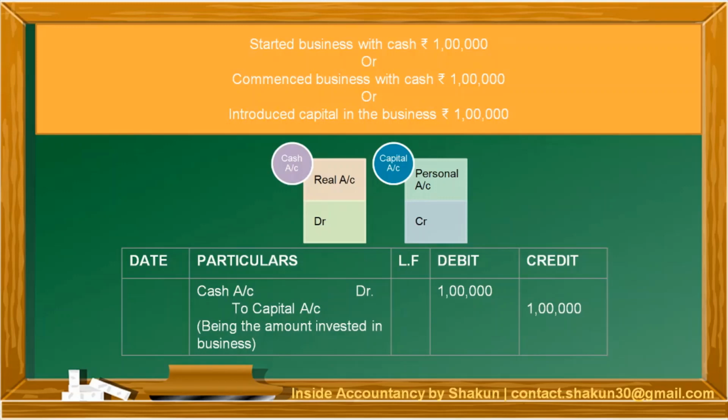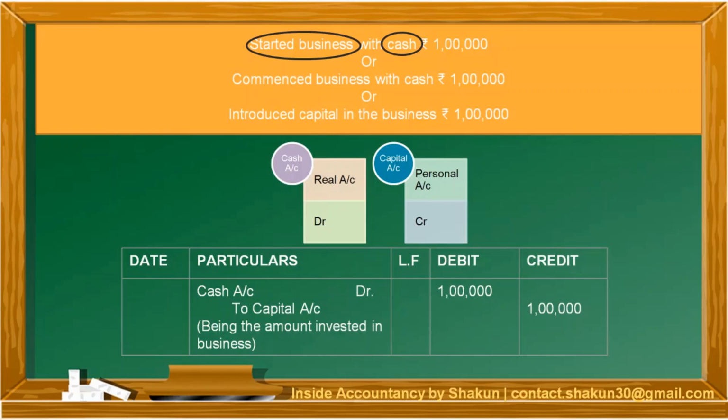The first step in journalizing is you need to identify the account. So if we identify the account in this transaction, we can identify started business. So started business means it is a capital account, and we can identify the cash account. So after you identify the accounts, then you need to determine their nature. Okay. So cash is a real account and capital is a personal account.